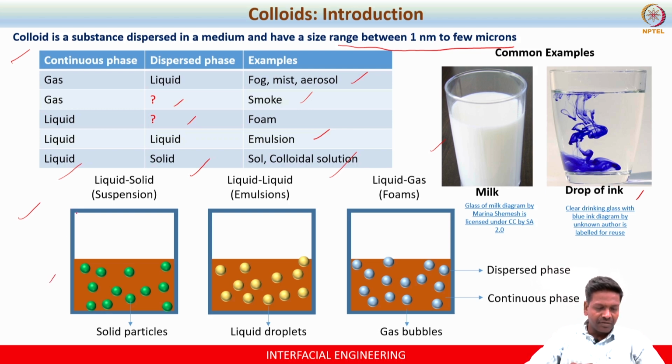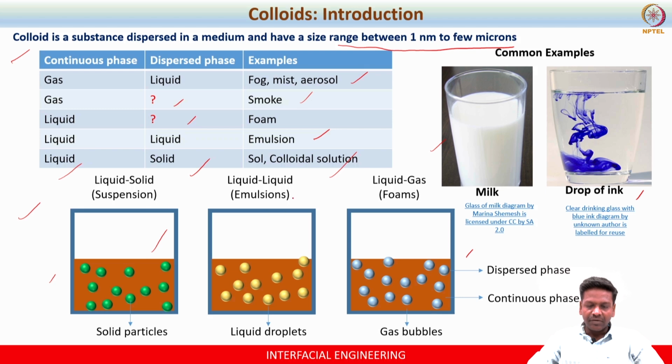So here I have illustrated three best examples for you to understand various systems. Let's say we talk about suspension, a liquid solid suspension. Here the solid is the particle itself. The spherical object given here is the particle system itself, and it is dispersed in the medium called water. This is a good example of dispersion, and it is a good example of a liquid solid interface.